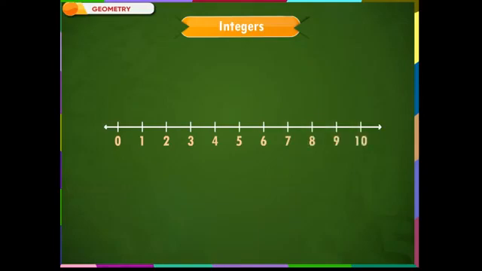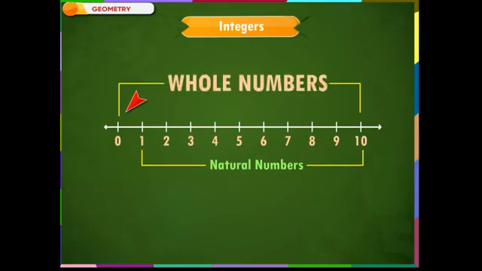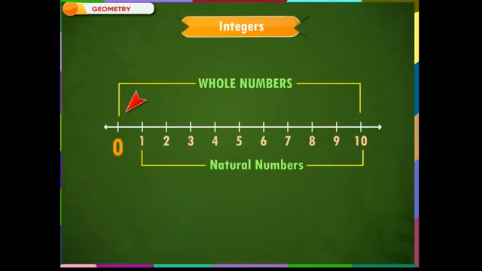We have already studied about whole numbers and natural numbers. We know that 0 along with the natural numbers are called as whole numbers. We also know that a number line starts from 0 and the numbers increase as we move towards right. Do you know that a number line has both directions, toward right and toward left also? We see this arrow on the line, which signifies that the number line continues to the left of 0.